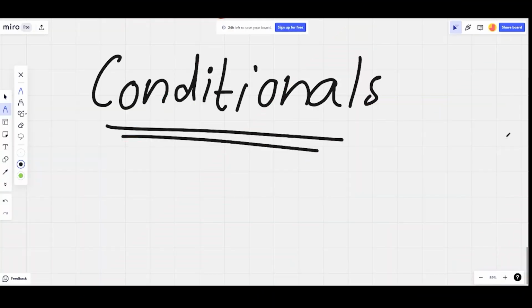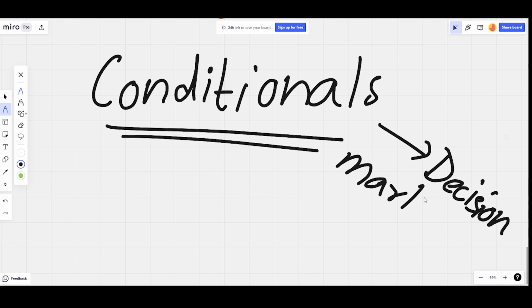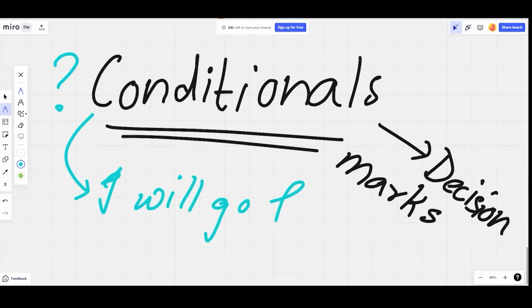Welcome back. Today we'll learn about what conditional statements are in C++. Conditionals are also known as decision makers. Now, what does this mean? That's very simple. We have a condition, and because of that condition, some outcome will happen. For example, let's say I will go for a walk today evening.